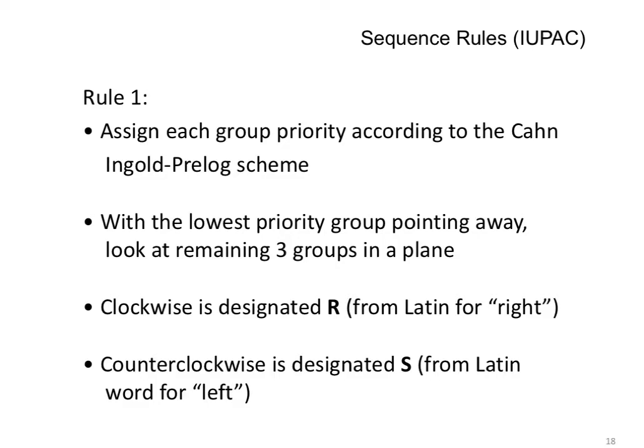So you would be looking at the priority order, and you would assign priority on the basis of the atomic number. So atomic number is what you are going to look at. And if there are 2 isotopes, let's say, then you may be able to use the atomic mass to differentiate between them. But the first thing to look for is the atomic number. That's step 1. So let's write that. Step 1,